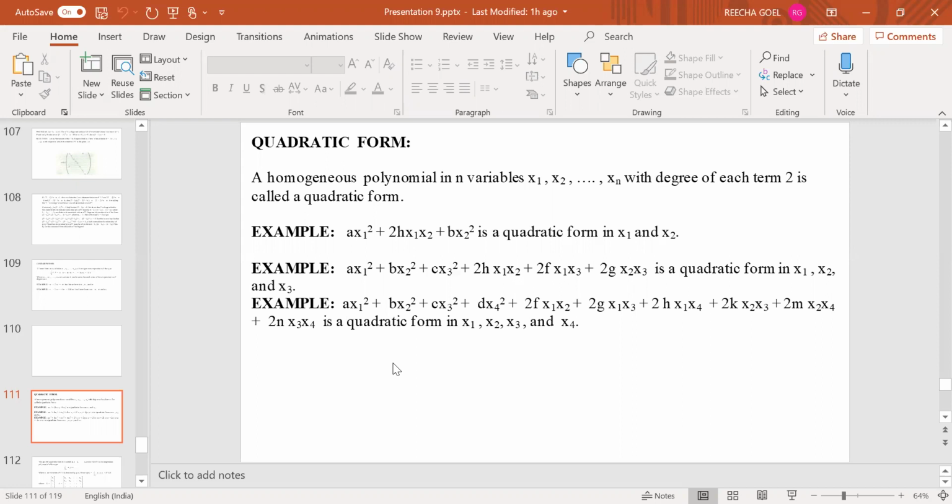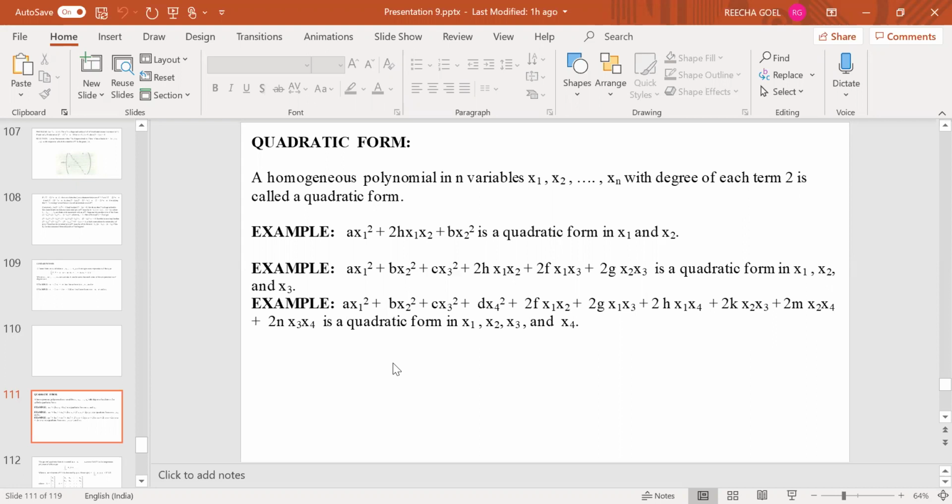So I can express this as a x1 square plus 2h x1 x2 plus b x2 square. There are going to be only two unknown variables, x1 and x2. This is of degree 2 because in x1 x2 the sum of degrees is 2, and x2 square is also degree 2. So a x1 square plus 2h x1 x2 plus b x2 square is a quadratic form in